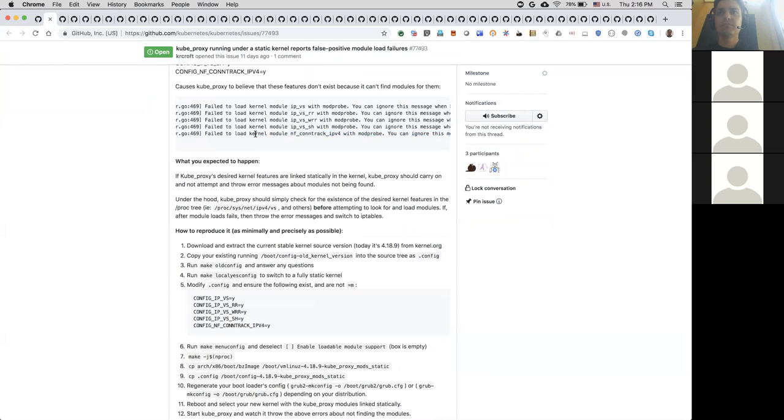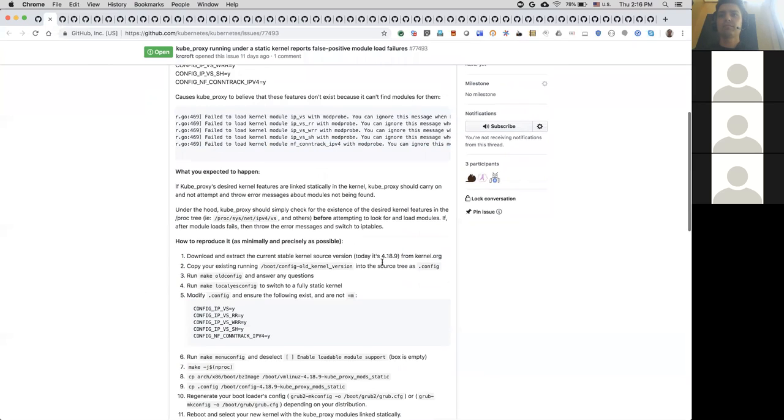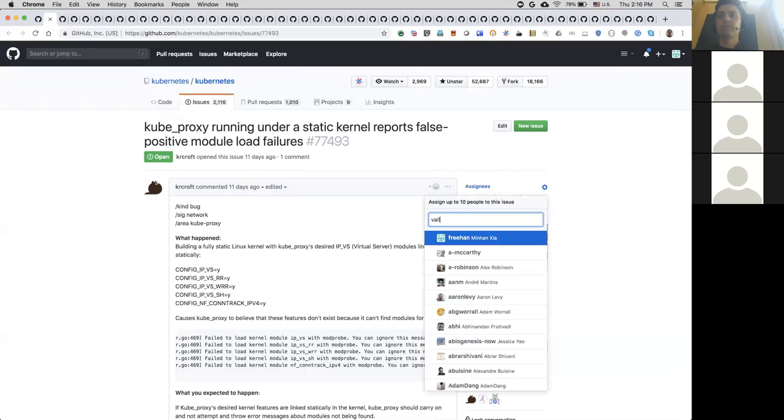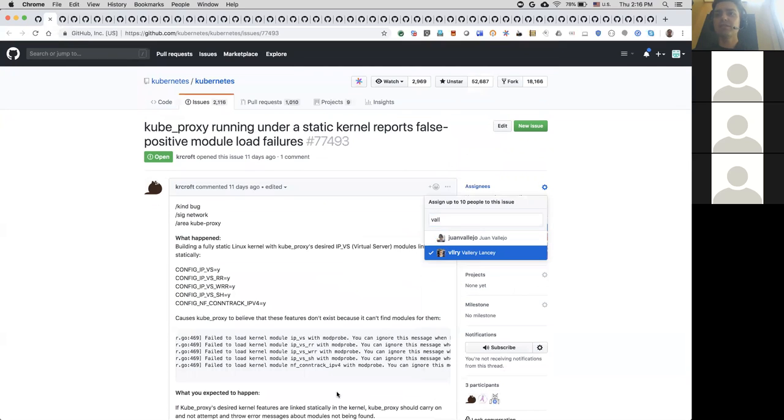I think someone needs to go and look at the code to see what happens. If it's just a startup warning message, it doesn't seem too bad. Maybe assign me that one. All right, thank you. The log does say you can ignore this message in some scenarios.